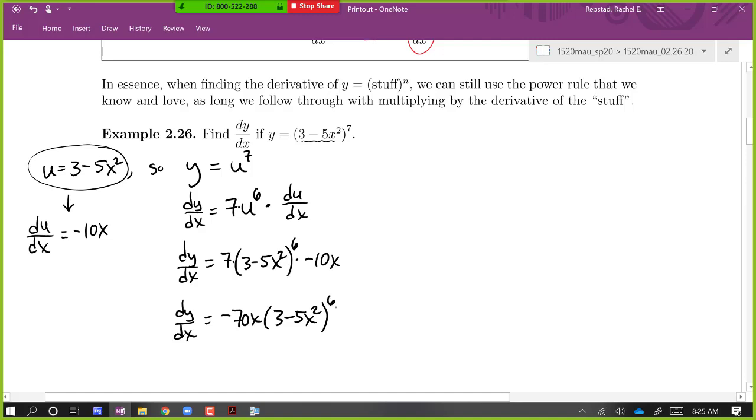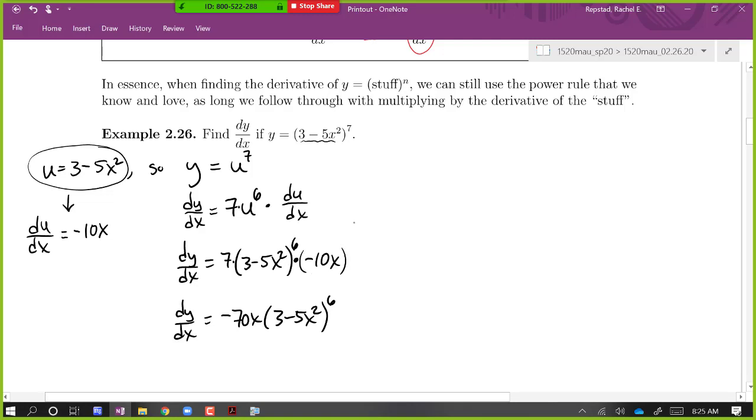The chain rule makes it so that I don't have to think about what 3 minus 5x squared to the 7th is. I'm not foiling that out, I don't want to. That's awful to do, and it's really easy to make errors because it's a long, arduous process. But the chain rule says, look, I've got stuff to a power. I could still just use the general power rule. I just have to remember to multiply by